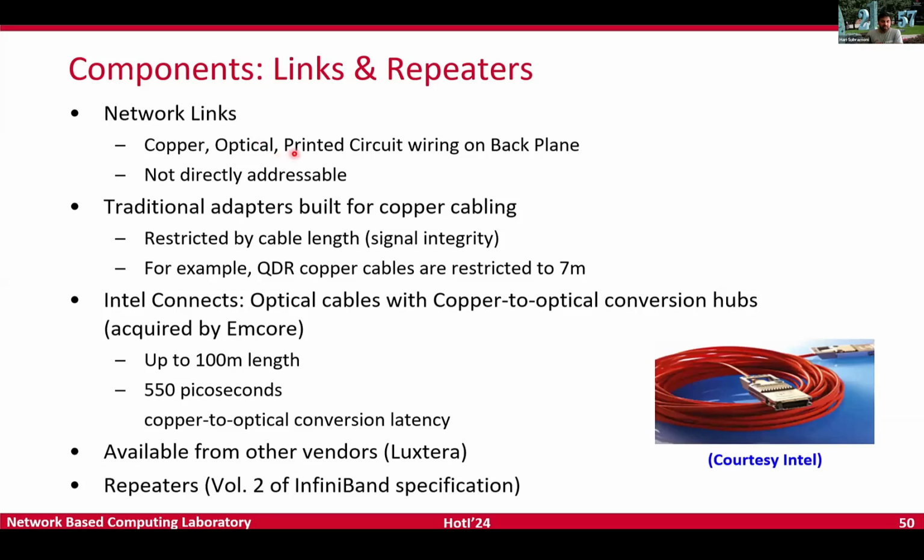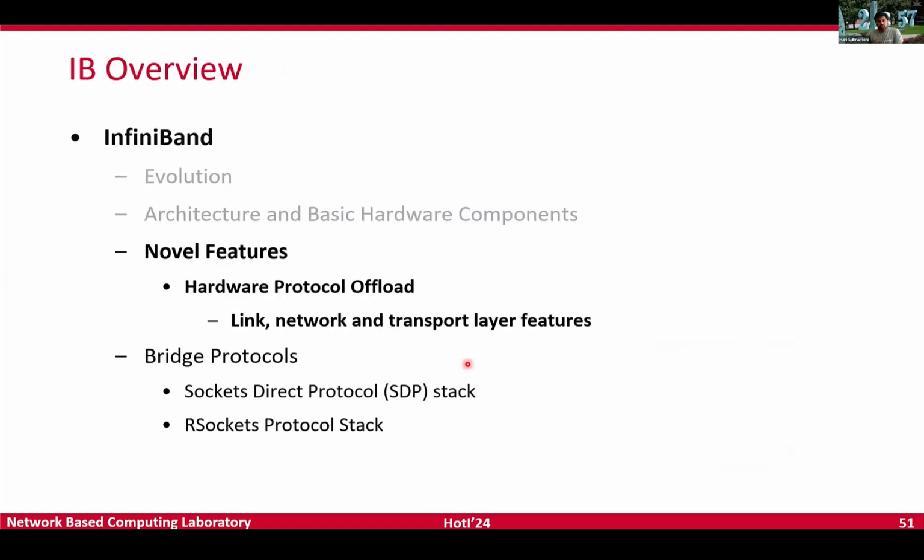to extend the range. A long time ago, Intel had come up with copper to optical conversion at very, very low latencies, as low as 550 picoseconds. And this had allowed the InfiniBand networks to span longer distances. This was done almost like 20 years ago. So let's go forward and look at how the hardware protocol offload happens. Again, we are trying to compress multiple chapters of a large specification down. So we are trying to pick and choose what we think is